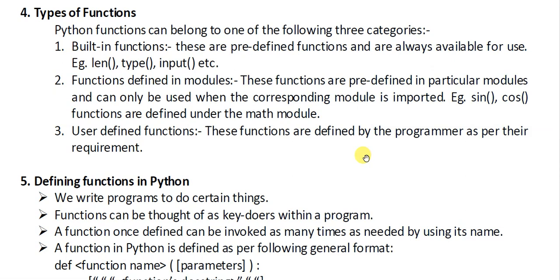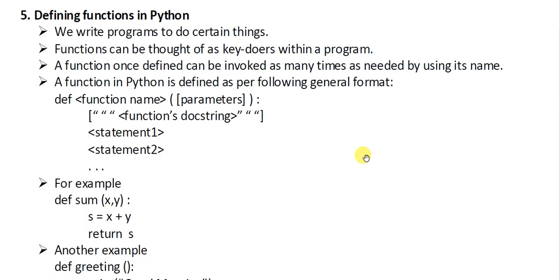So those will be called user defined functions. Who is the user? You and we are the users. So we will define the function. Those will be called user defined function. Clear? I think all these three categories are clear to you. Now we come to how you should define a function. Now we will be talking about that third category, that is user defined function. So how to define a function?